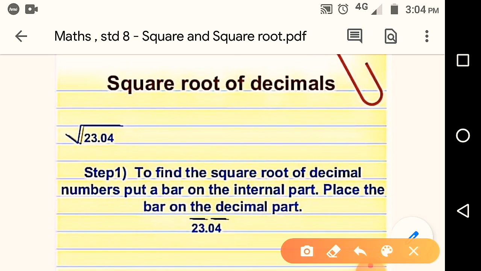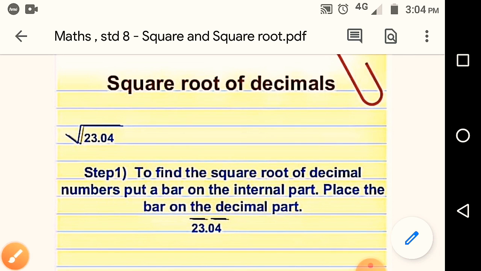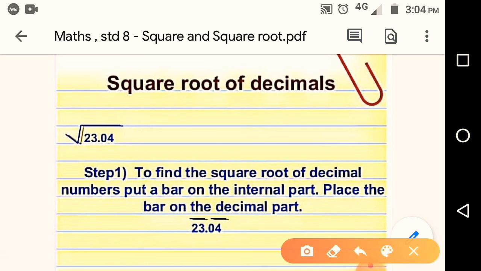First, step 1 is to place the bar on the decimal part. You need to make 2 pairing. See here, on the top you have to draw this bar. 23.04 was there, so you have to make pairs starting from the last digit. So these both, and these both. So first step is: draw a bar and make 2 pairing. Now the next step is